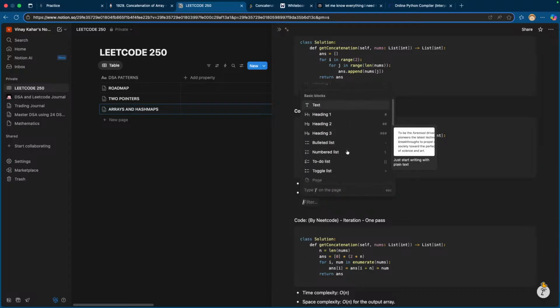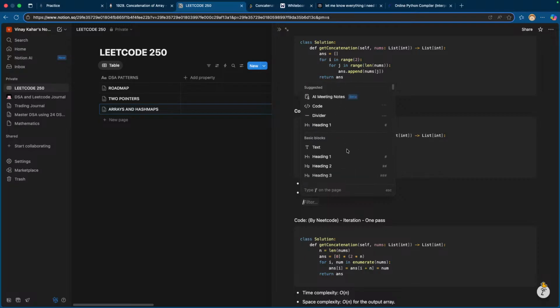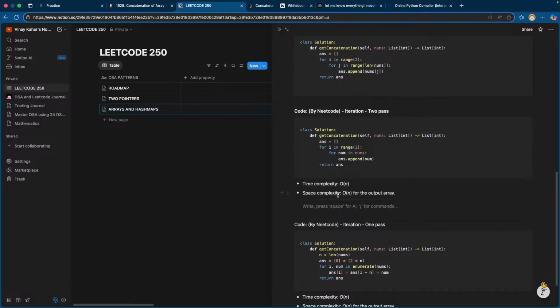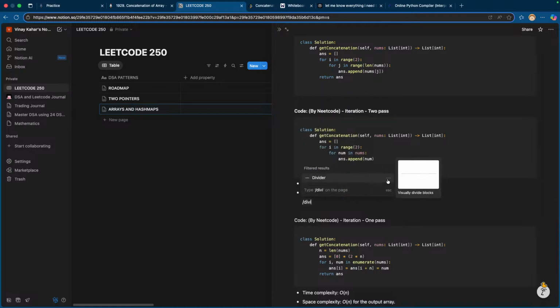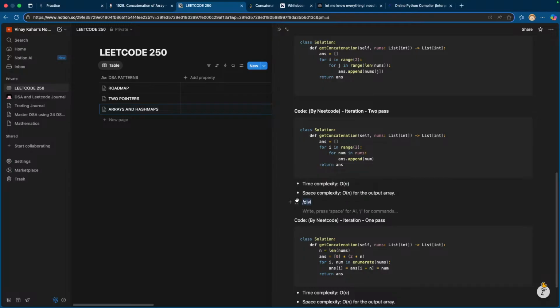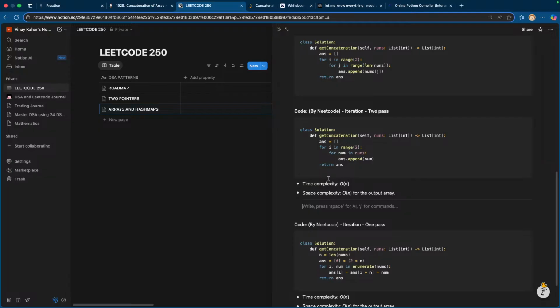So we have a dash line. Yeah, let's add a divider so we'll understand what the problem